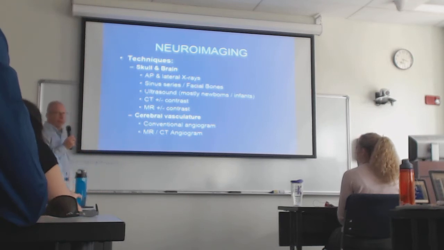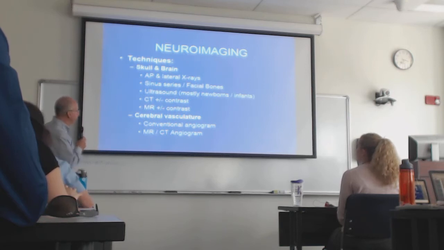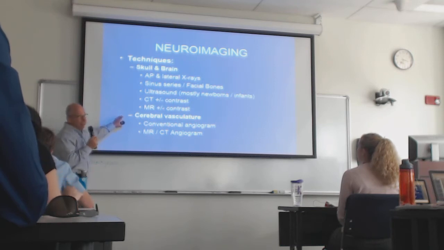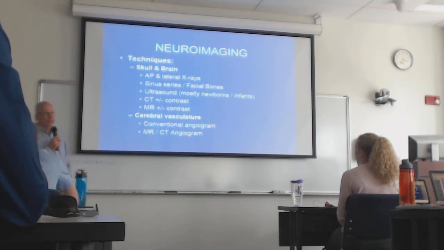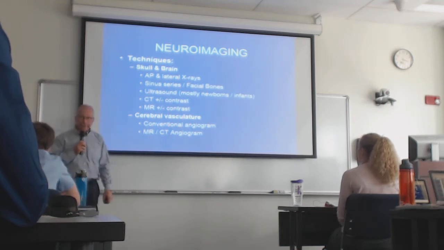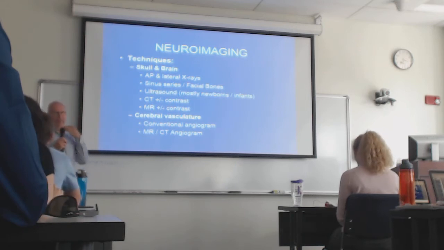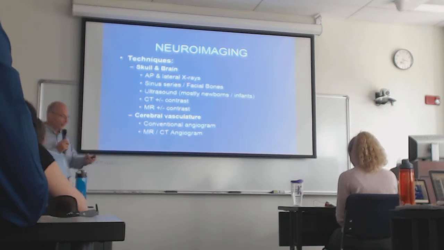And we use that all the time to look for early bleeding in the brain of a premature infant, for the most part. Of course, CT and MR are spectacular for the neuraxis, for the brain and the spine, whether without intravenous contrast or with intravenous contrast, and I'll show you some of that stuff. And then, of course, we have some very special ways to look at the blood vessels of the brain, the blood vessels that feed the brain, the carotids and the vertebral arteries, and then the blood vessels in the brain itself.